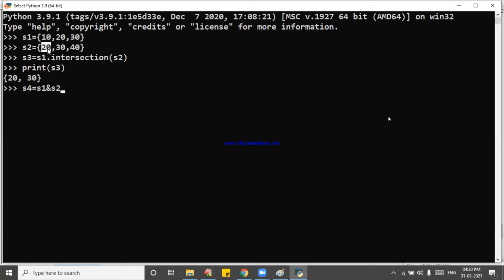Both the bits are 1. What is the result? 1. Selected or not? Selected. That is called 20 coming here. See the result, 23. I will go for that. Next 20. Next, is there any next 20? No. Is there next 40? No, not matching. That means it was selected already.